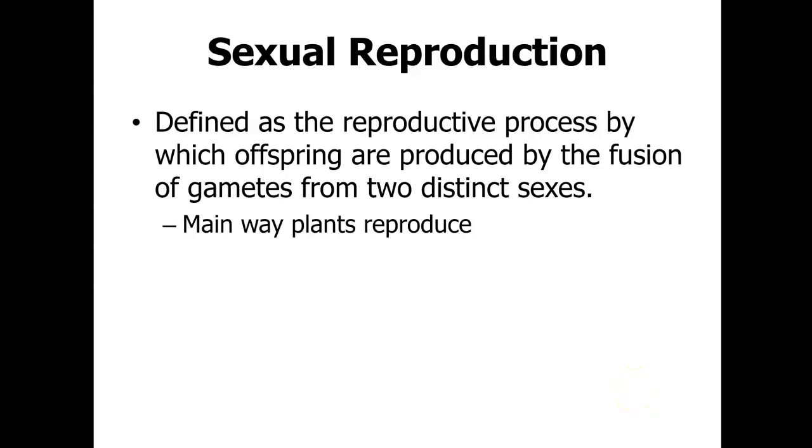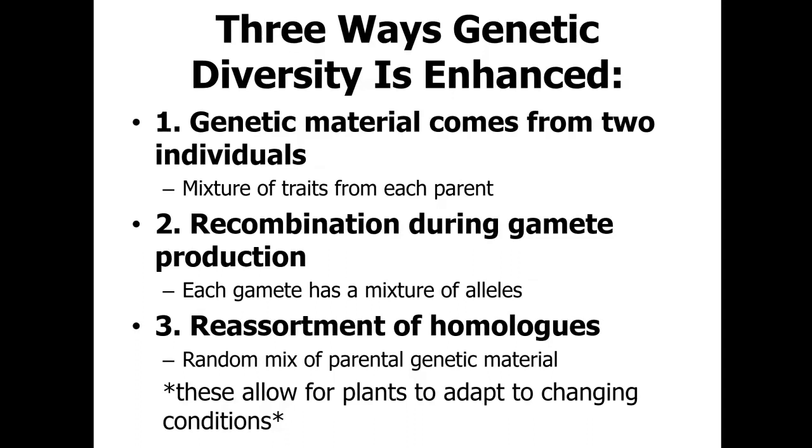So sexual reproduction is going to be defined as the reproductive process by which offspring are going to be produced by the fusion of gametes from two distinct sexes. That's going to be the sperm from the male sex and the egg from the female. It's going to be the predominant mode of reproduction in a vast majority of plant species. So it's going to generate large amounts of genetic diversity in offspring, and there's three ways that are going to